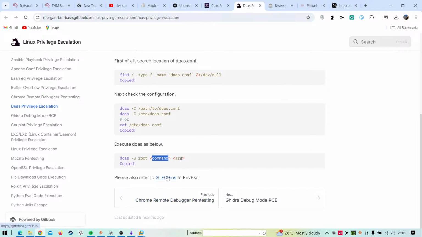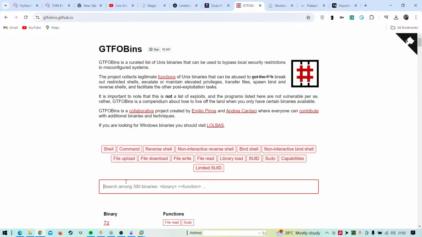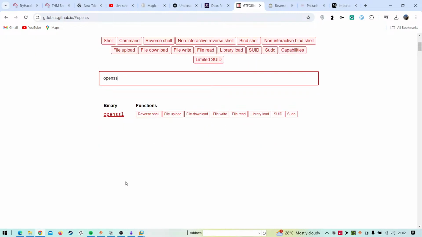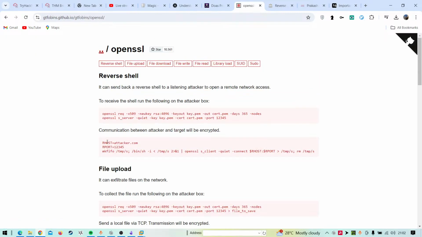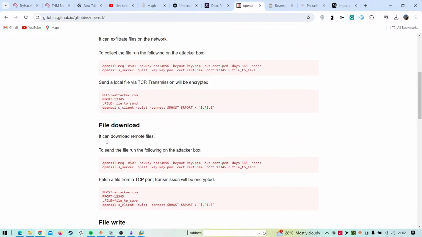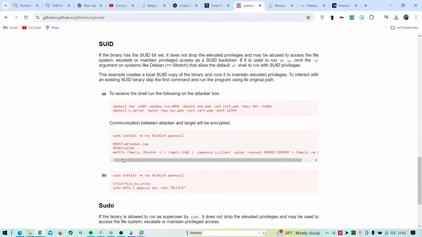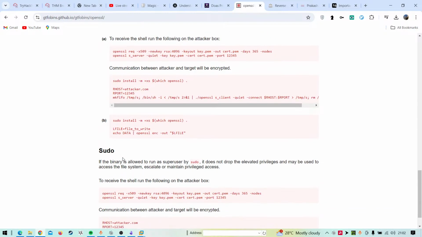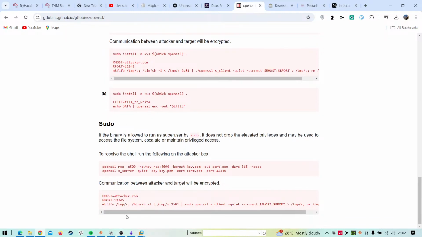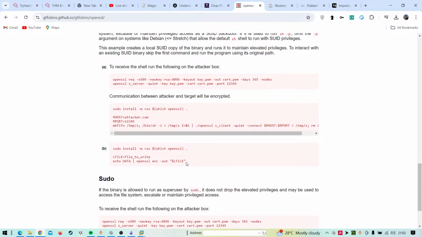So does he mean to go with OpenSSL? Okay.